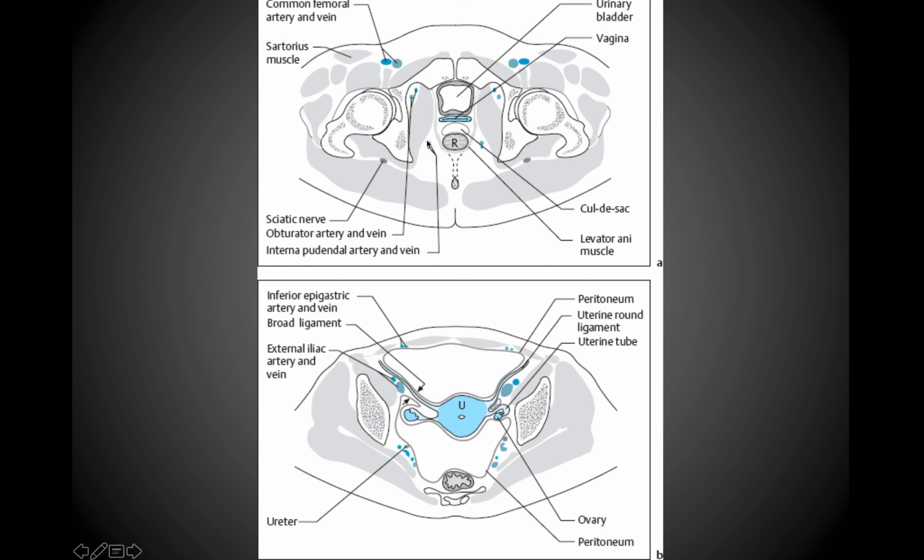Moving over this way, we can see the internal pudendal artery and vein sitting again within the pudendal canal on the medial surface of the obturator internus muscle. Moving more anteriorly, we can see the obturator foramen containing the obturator artery and vein. And then once again, we can see the sciatic nerve on either side. So you should be able to appreciate that quite well, and we'll see a good example of that here in one of the images. And then the sartorius muscle, so you can see various muscles within the anterior